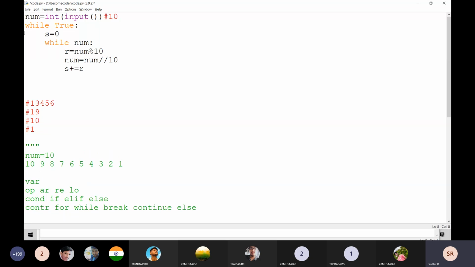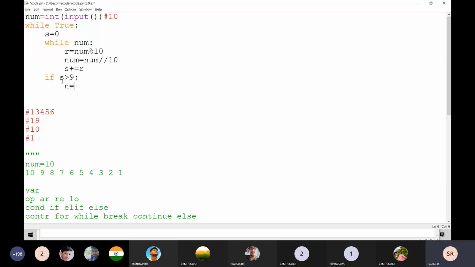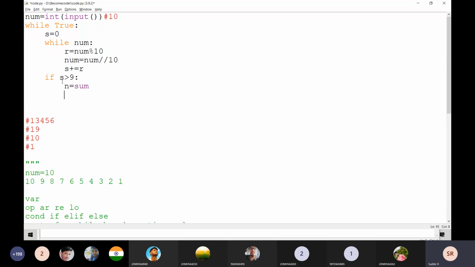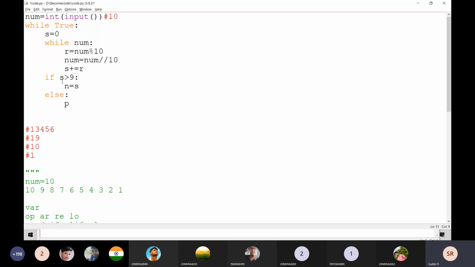After coming out of the loop, the s value is going to be 19 here, and what he is doing is, if s is greater than 9, yes, very good. Then again we reset the value of num with s. If it is not like that, just simply print the s value and break the loop. Yes, very good.